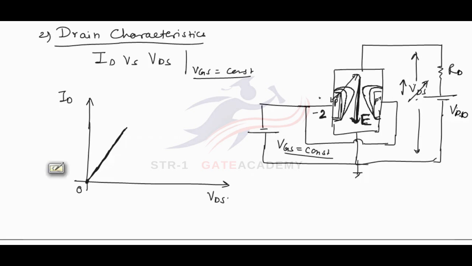At a particular value of VDS, both the depletion layers will touch each other, and in the earlier case, at this point, the drain current ID